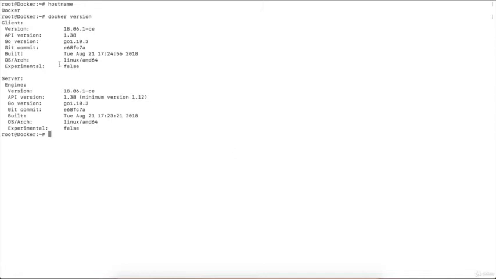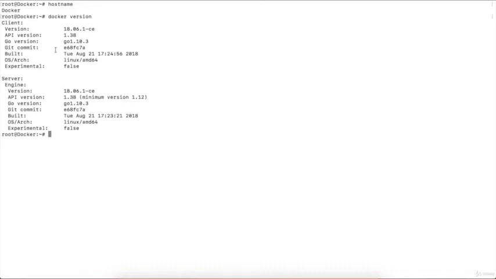Over here, I'm getting two sections. First is the client and second is the server. The Docker client is the client which is accepting the commands, and the Docker server is the Docker engine. This is the latest version which I'm using, which is 18.06.1 CE, which means the community edition. My engine and CLI both are the same. In most cases the engine and CLI are the same, but if you are using the edge release, then in some special cases they can be different. Ideally they are both the same.